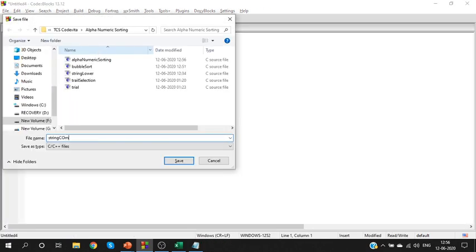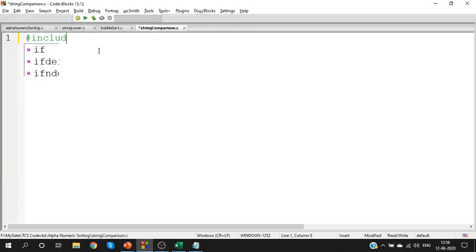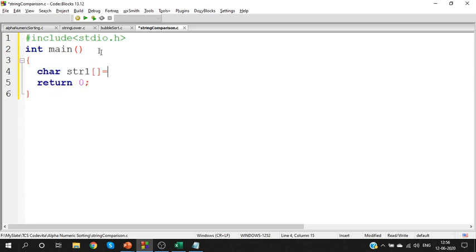As I say always, don't use strcmp. Don't be dependent on the system's predefined function. Always create your own logic. That is very much appreciated. So let me consider we have two strings. First string is Joey. Second string is Janice. We have converted all the strings to lowercase letters, right? So we'll consider it as lowercase letters itself. Joey and Janice. Can you understand this?